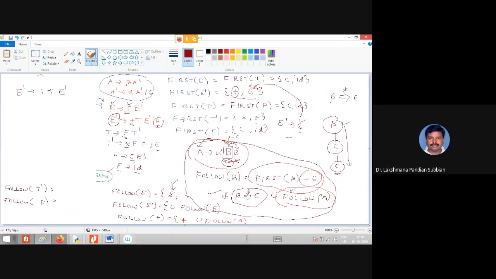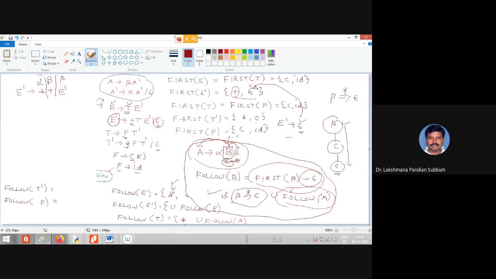Now what will you get? The same one we are repeating. If you put B here, then this is B, this is alpha, this is beta. So follow of T equals first of E dash except empty, already included plus. So no need to do any work, right?